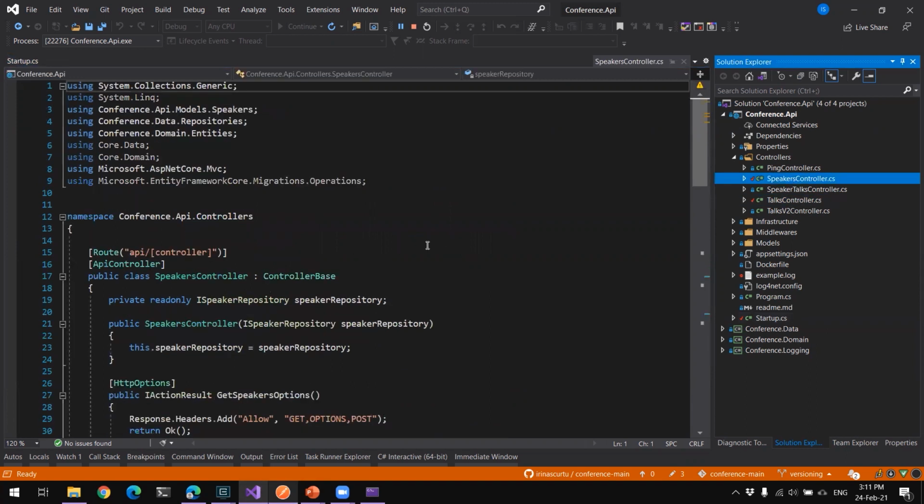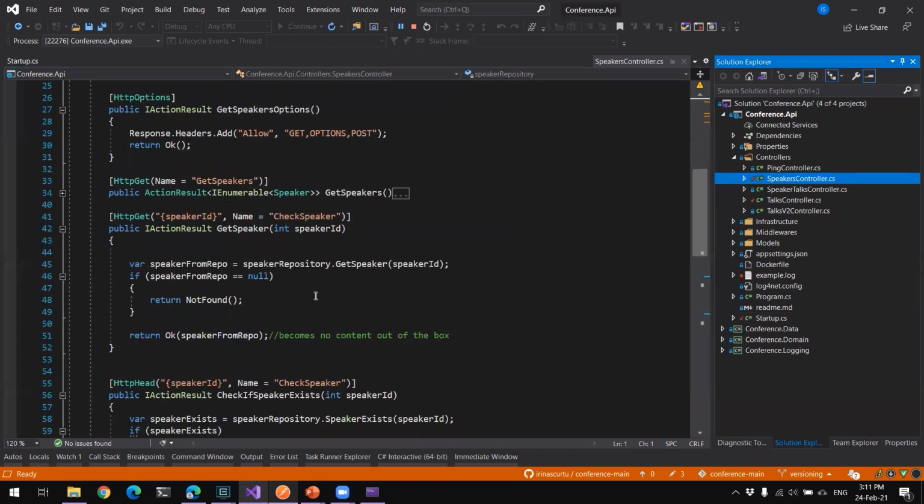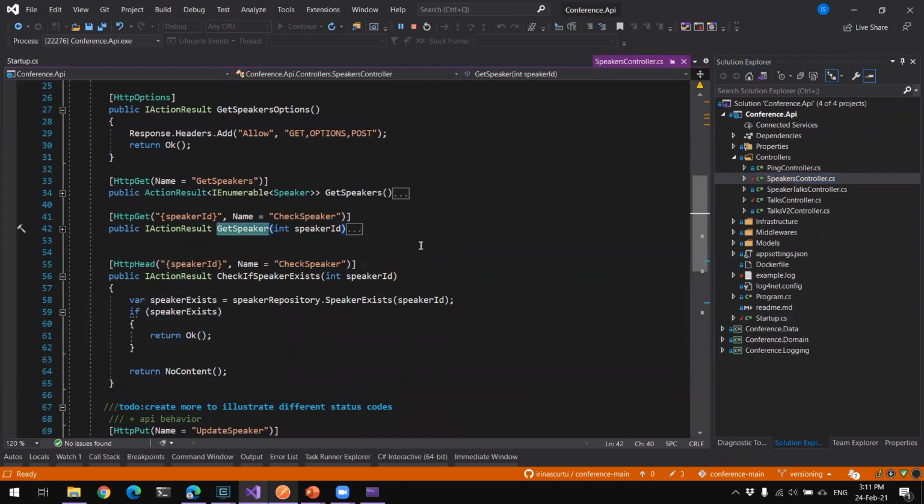It has create, read, update, delete implemented, and some other things that I will show you. But for example, if we look at the speakers, we can see here that we have get speaker by ID, which is an endpoint that we should have, or get speakers that will return a collection of speakers, the entire collection.